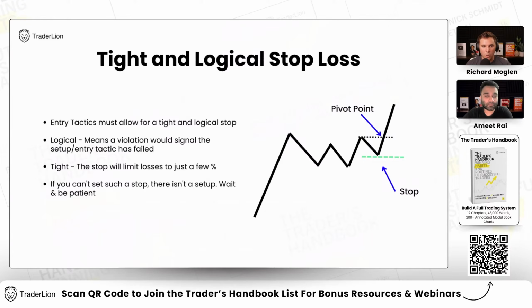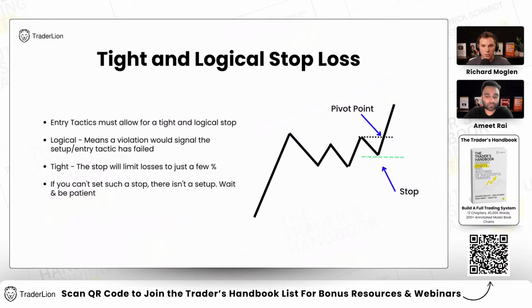So here's a little bit more on this. What we really want to emphasize, and this is a key concept that Ross really emphasized to me, and I love hearing him talk about it: tight and logical stop losses. Basically, if your stop loss and the amount that you're willing to risk is not tight and logical, you're not buying at a proper setup at a proper buy point. And what we mean by this is that entry tactics allow us to place a tight and logical stop loss. They're frameworks that we place on the charts that allow us to define a clear technical level to enter and a clear technical level to exit if the trade fails.